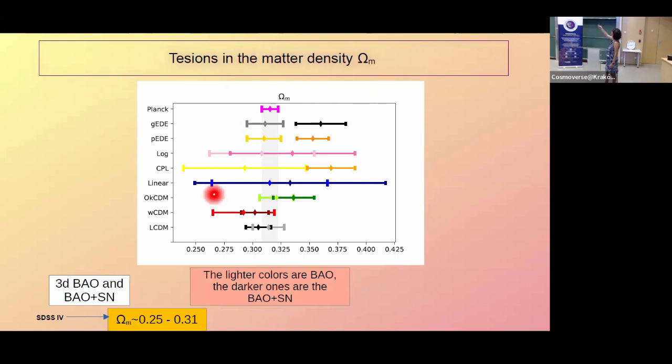And this on the top is the Planck value. You can see how some models are quite far from the Planck model, while others are not. For example, this is for the PEDE, which I said is going to be mentioned later. When we start with just the BAO points, you start with the Planck value, and then you go much higher. The same repeats for the GED model. So this is for the matter density from these results.